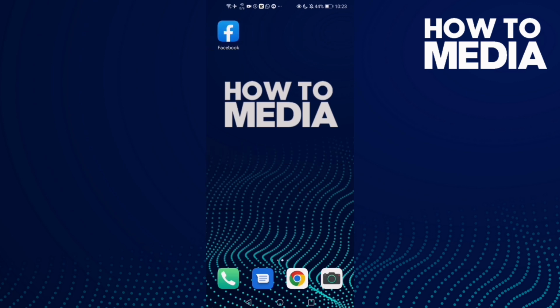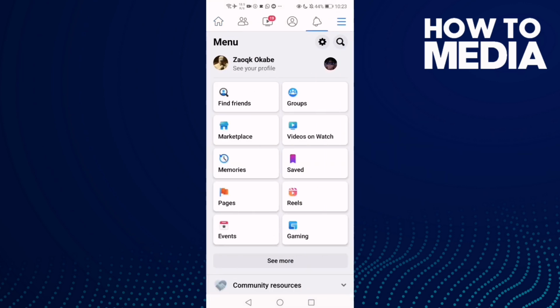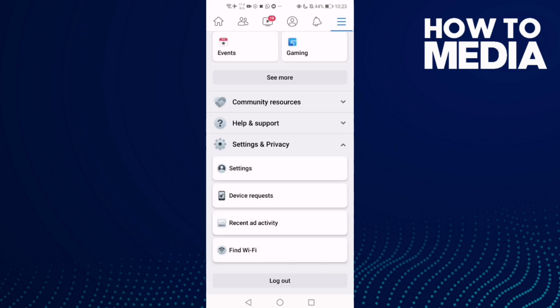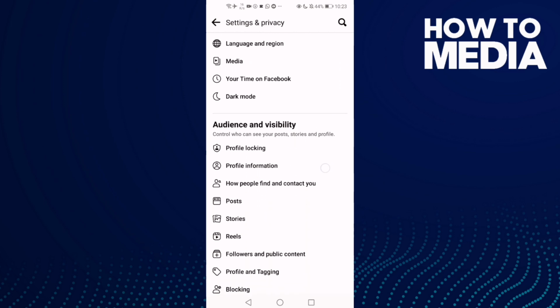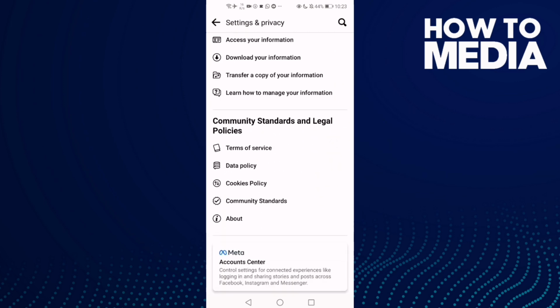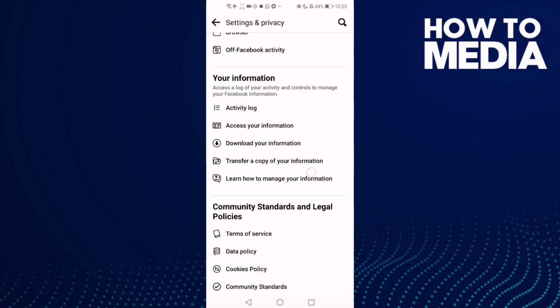First thing we're gonna do is go to Facebook and then click these three lines here in the top corner and go down, click settings and privacy and then settings, and here just click this one, transfer a copy of your information,